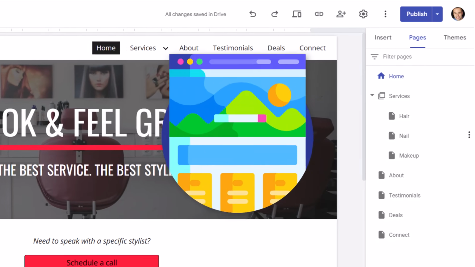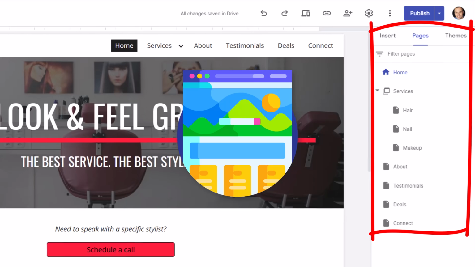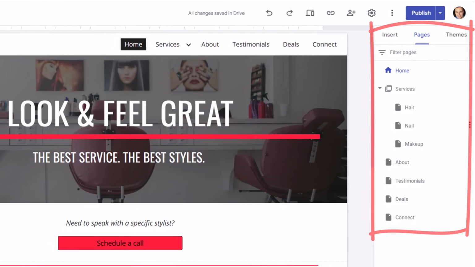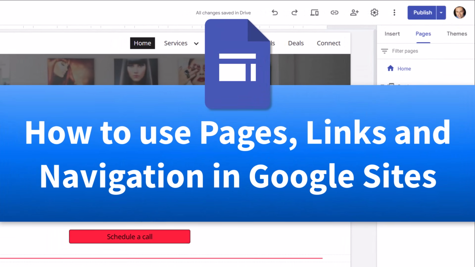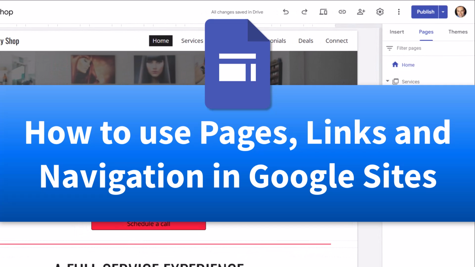If you want a well-organized, easy-to-navigate Google site, the Pages panel is key. So in this video, I'm going to walk you through setting up pages, links, and navigation so your website is